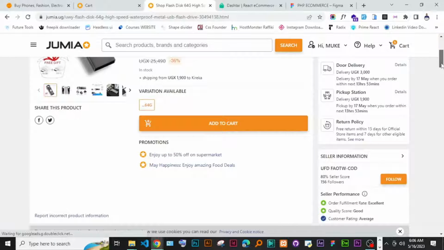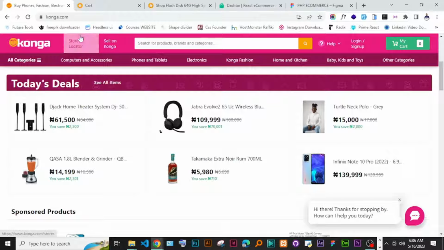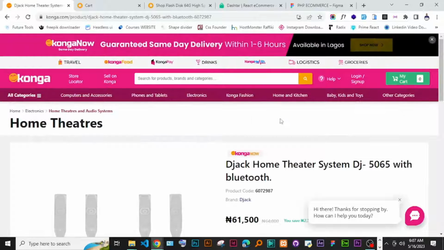Okay, so you're going to also adopt that. So you can see here, add to cart is also here. Okay, so that is great. So now another thing you notice, so if we go back to this product page,